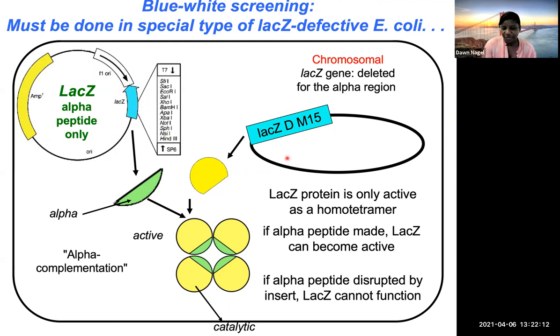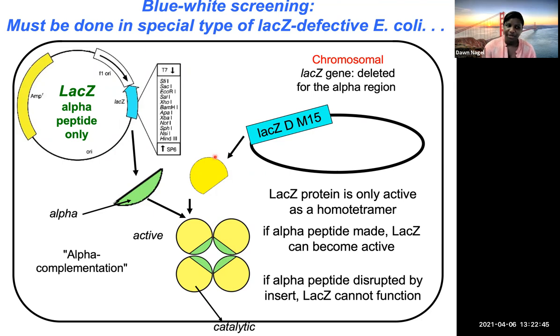When it's in the bacteria, if this part is functional, meaning that this part is produced, this part is produced, they will come together. When they come together, they form this tetrameric structure, this homotetrameric structure. And homo just means that it's the same molecule, and tetramer just means that there's 4 of them. And they come together, and that is what produces a functional